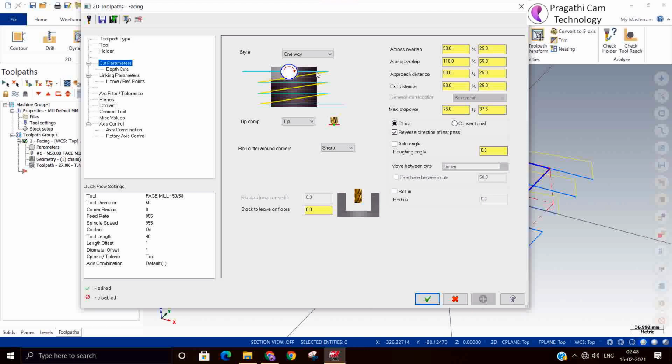Where is this tool path used exactly? When there is a secondary operation, suppose you want to make this flat surface with a mirror finish, then definitely you need to go for polishing. So what is polishing? In the direction of the cutter and opposite to the direction of the cutter, they will put an emery sheet and diamond paste. They will rub manually.